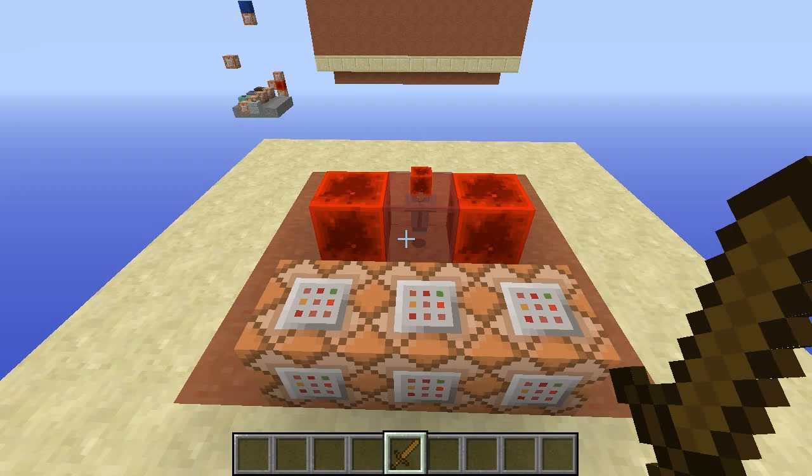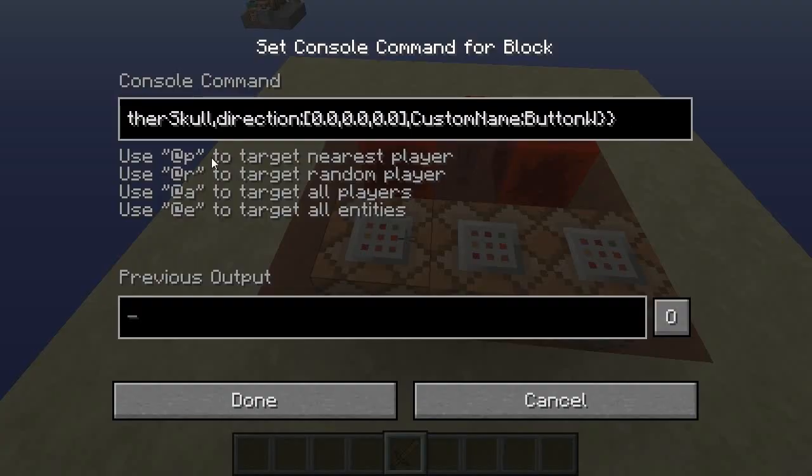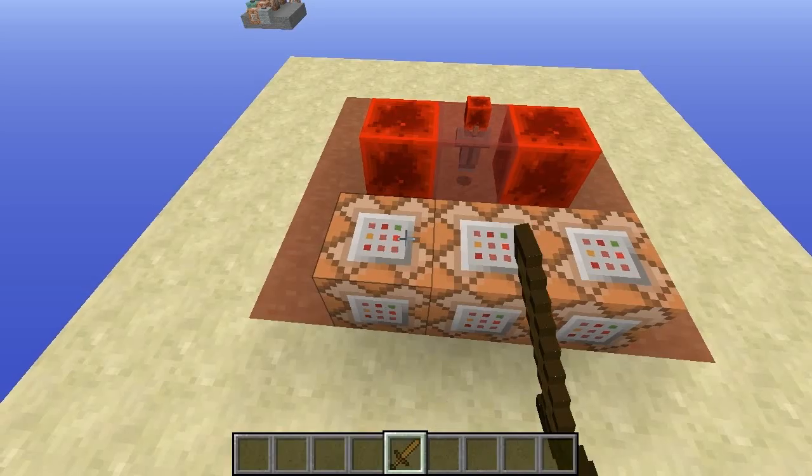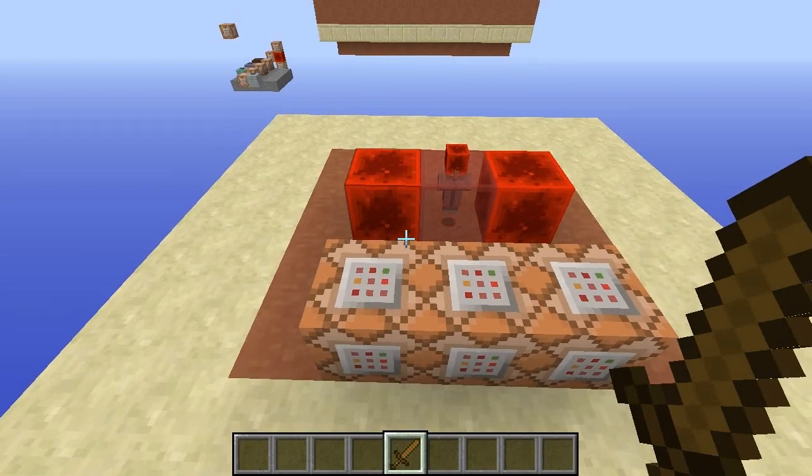So to actually get it to work, it's still quite simple, but there are some things you need to take into mind. So first off, what you need to do is you need to obviously summon the villager. So you just need to summon a villager. It needs to be a baby villager, and it needs to be invulnerable just for safety. And it should also be riding a wither skull. Now, he's riding a wither skull for various reasons. One of those things is so that he doesn't run around.